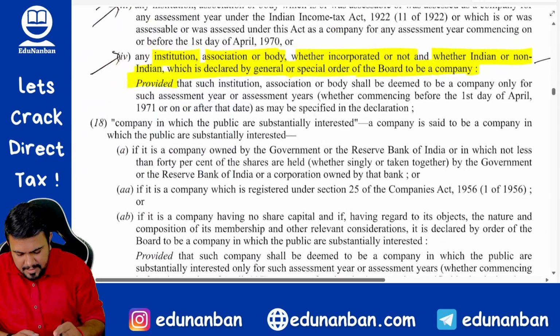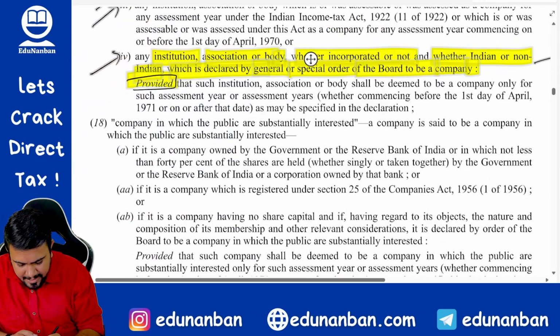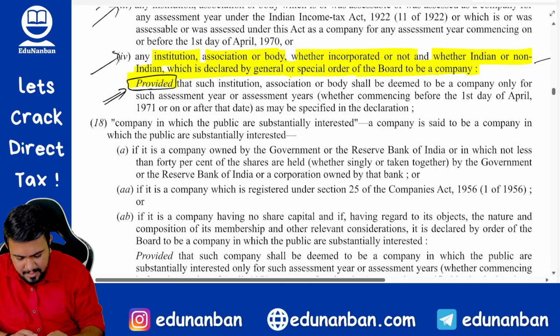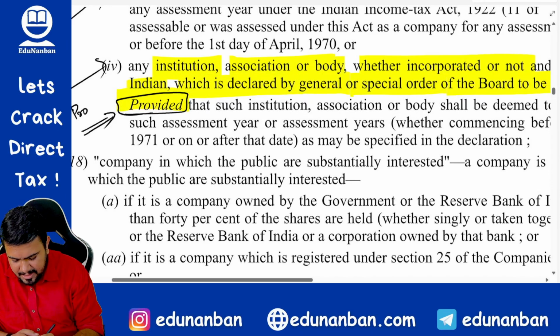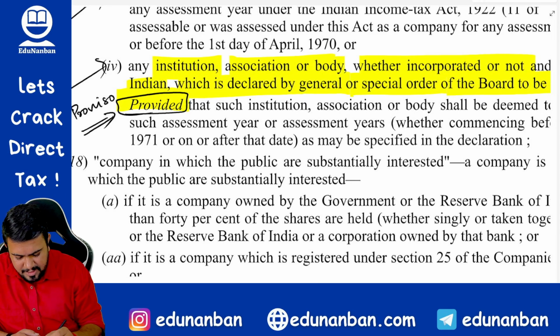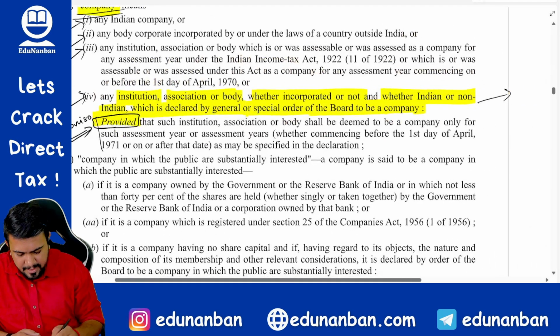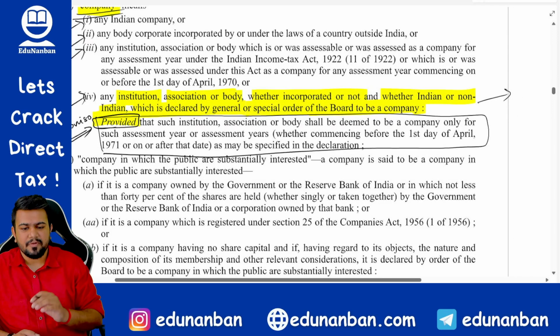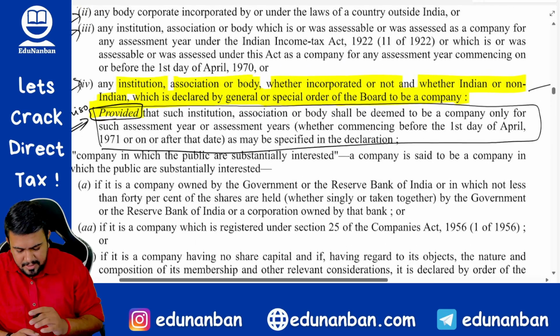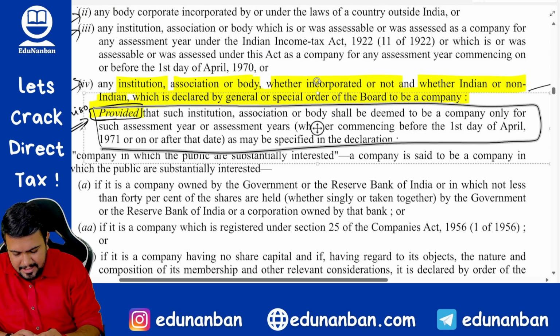But see here, there is a word provided below this section. This provided means it is a proviso. So this paragraph will be called a proviso paragraph. Okay, this is called a proviso. Now what is the proviso in this provision? Provided that such institution,